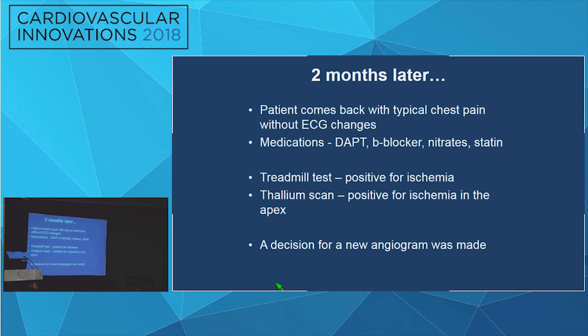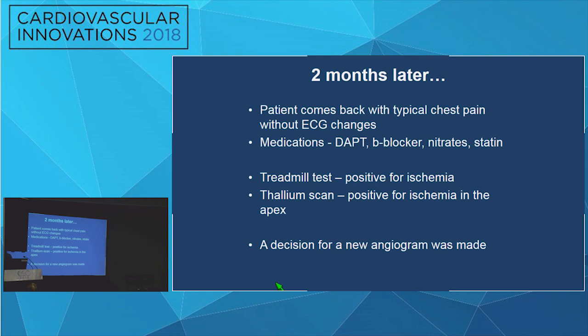However, 2 months later, the patient came back with typical chest pain, but without any ECG changes, while he was still under medication, but continued smoking. And the next day, we decided to perform a treadmill test, which unfortunately was positive for ischemia. And then, a couple of days after, we did a thallium scan nuclear test, which was also positive for ischemia